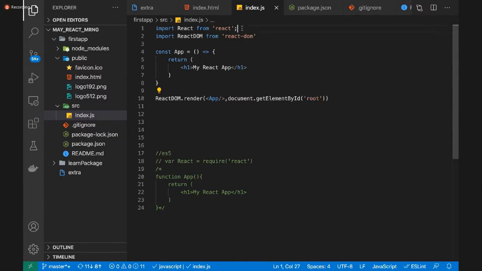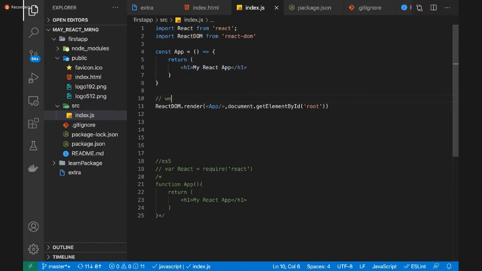So this is React. You have to import ReactDOM. We make a component and that returns the HTML. And with the help of this, we are binding the HTML, or say component, in the HTML file.